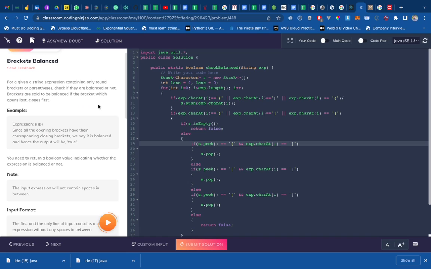Bracket balanced. Okay, bracket balance. Now how does a program know that our brackets are balanced or not? Okay, so there must be some mechanism, right? So a checking mechanism which does the thing. So it is saying that